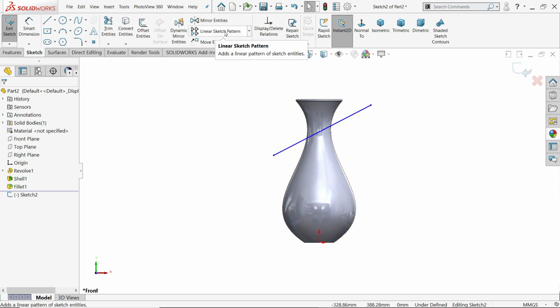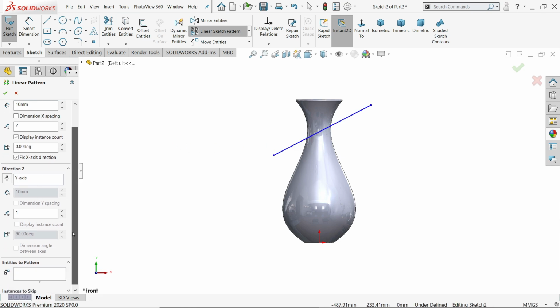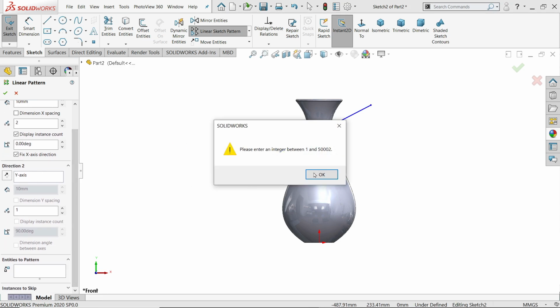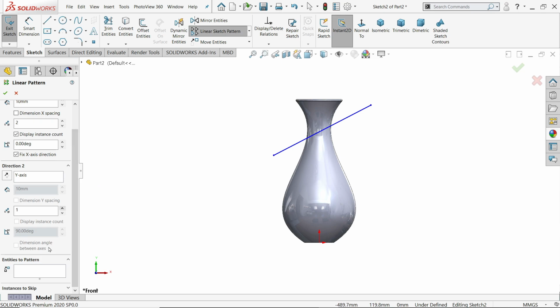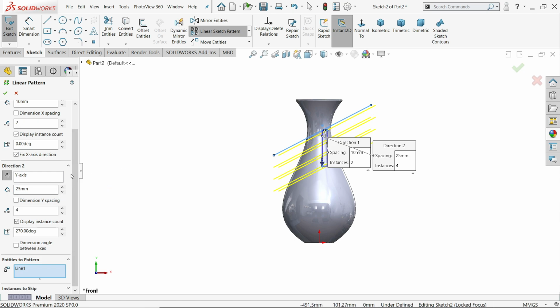Now activate linear sketch pattern. I am not going to define this line. X-axis. Now here choose this line. Y-axis. Click reverse direction. Here put the distance 24.